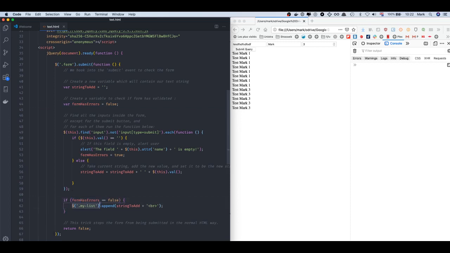So I then select the list, and I use this jQuery function, append, which allows you to add something inside an existing element, and you add it to the content. You're not replacing the content, you're adding new content to the content. So I add the string, which is the name, address, and age now, and then a BR to create a line return. And then the last thing I do is I return false through the function, through the event handler,